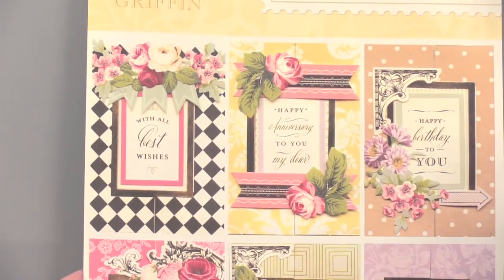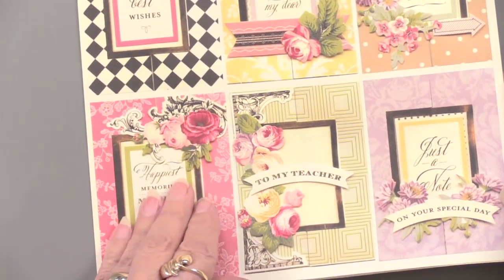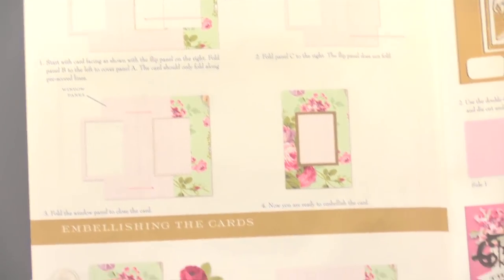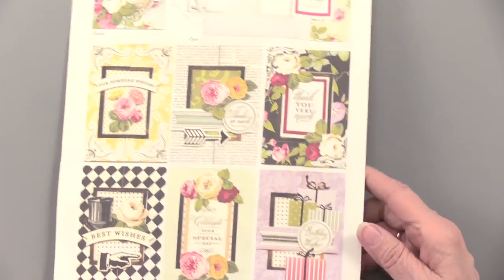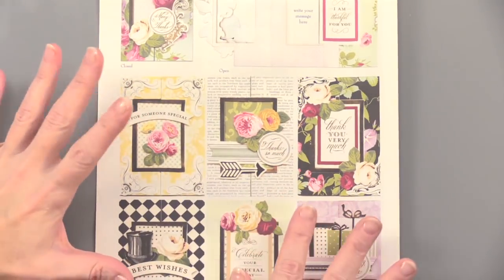And this is also the idea sheet, showing finished examples of the front, and also giving step-by-step instructions on how to put the things together. There's a whole section of tips and techniques. Those are great tips. More ideas on the back. So these you can see are using all of the elements that are within the kit, but